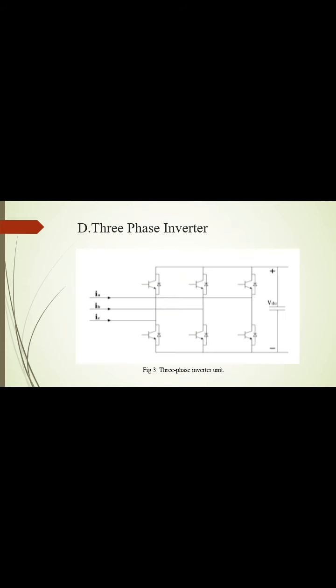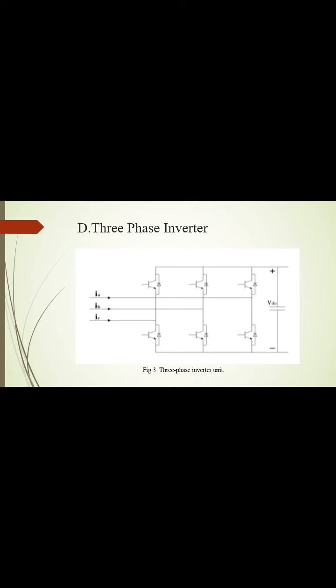Fifth one is the three-phase inverter. The inverter is connected between the source and the battery charging module, and its control is done by the inverter control system, which provides gate pulses to trigger the switches of the inverter. The LCL filter is also connected to the inverter as shown in the figure.